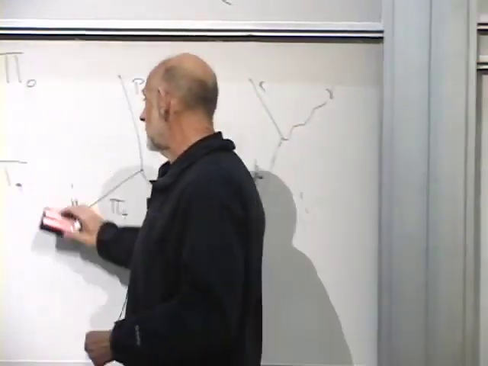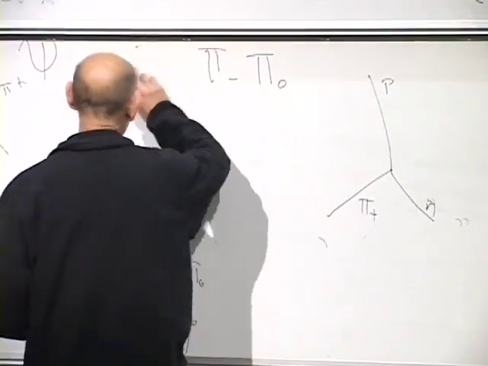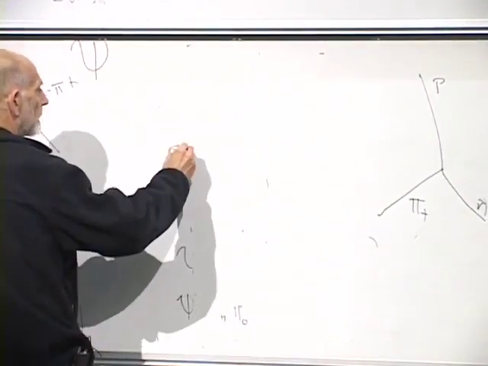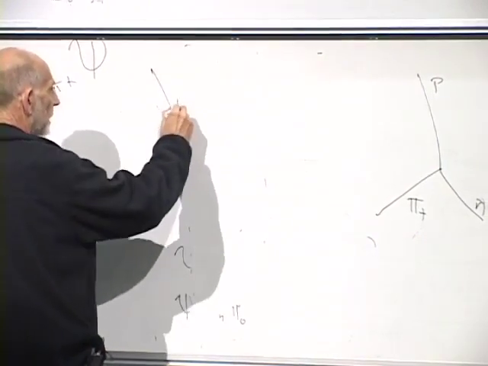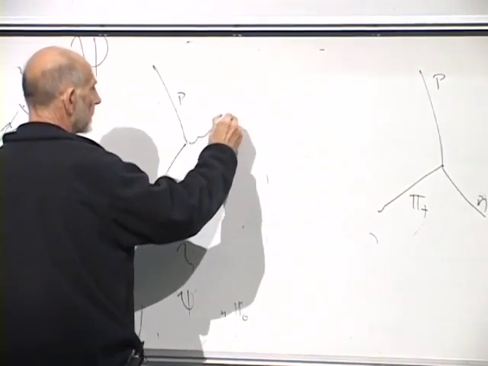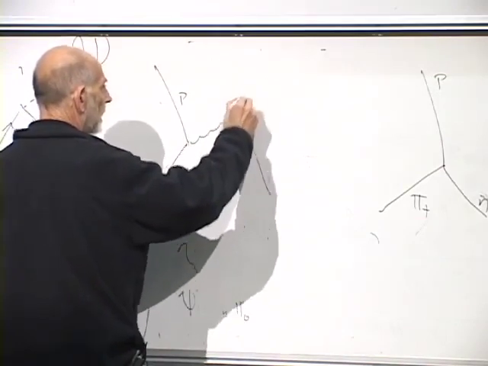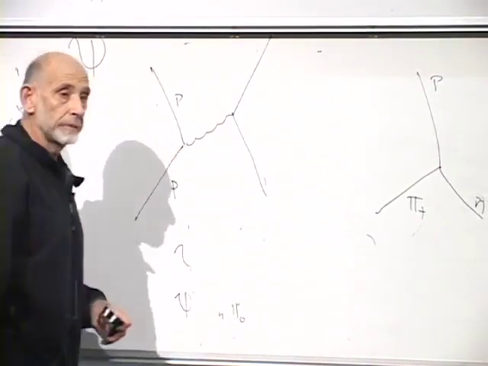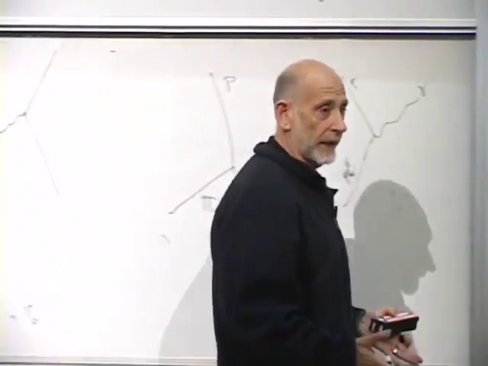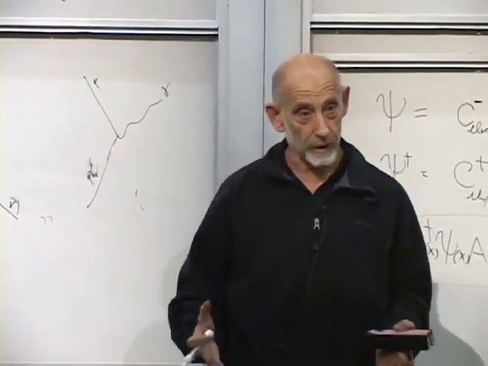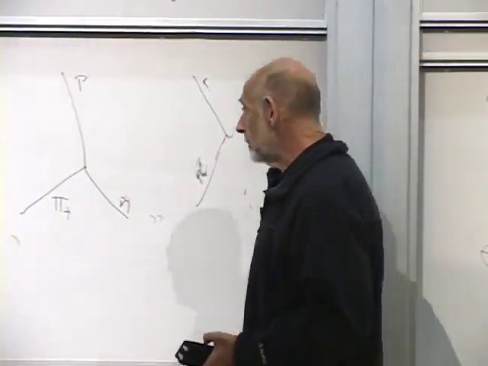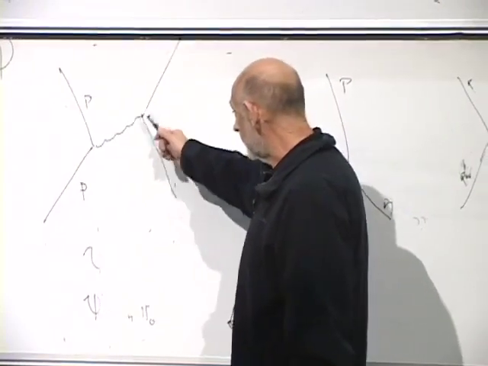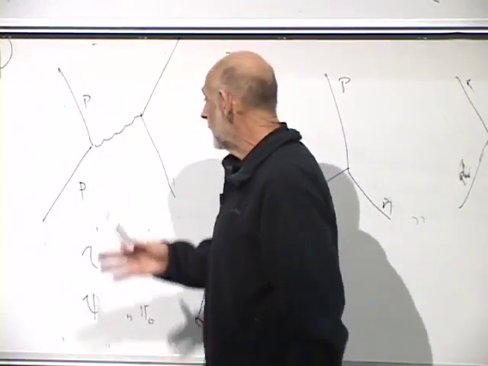So a possible process that can take place when a proton encounters an electron is the proton can emit the photon, and the electron absorb the photon. We haven't talked about building up more complicated processes yet. We're going to talk about building up more complicated processes, but you can see the pattern. You can build processes out of these elementary units. The elementary units are these vertices, and you build up.